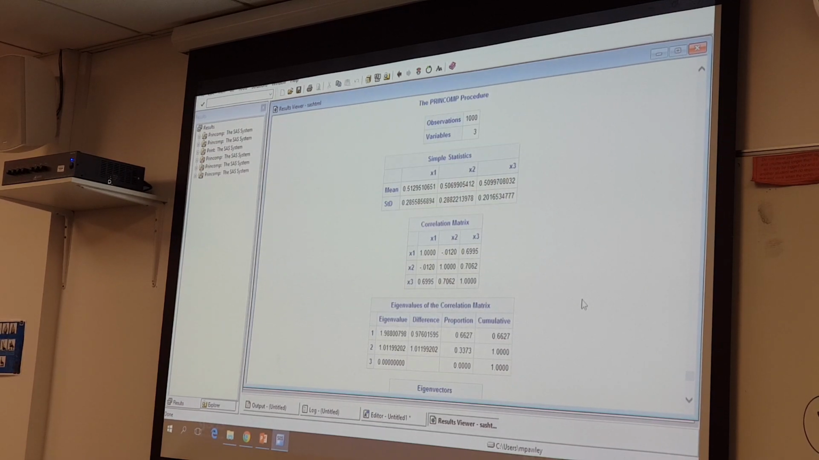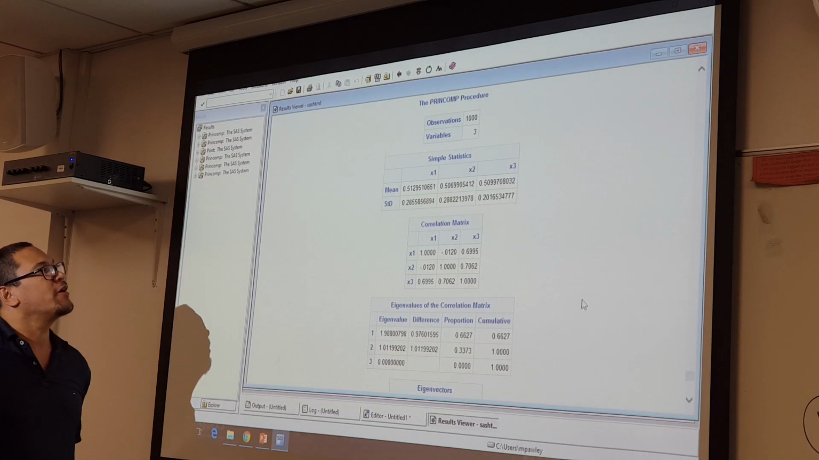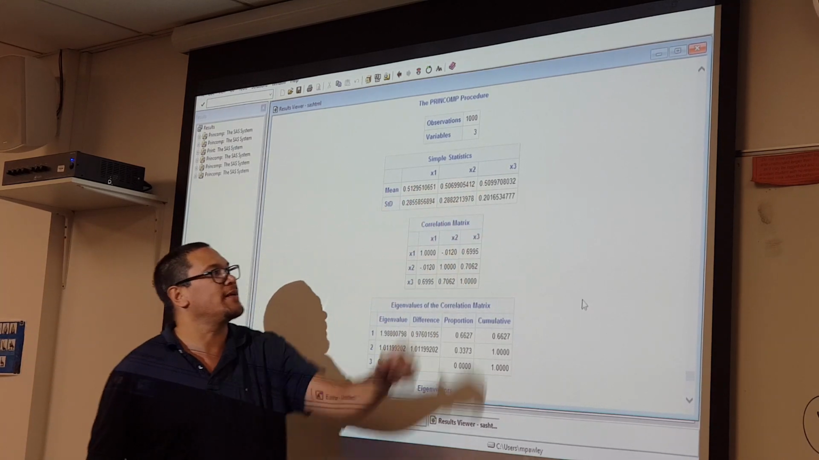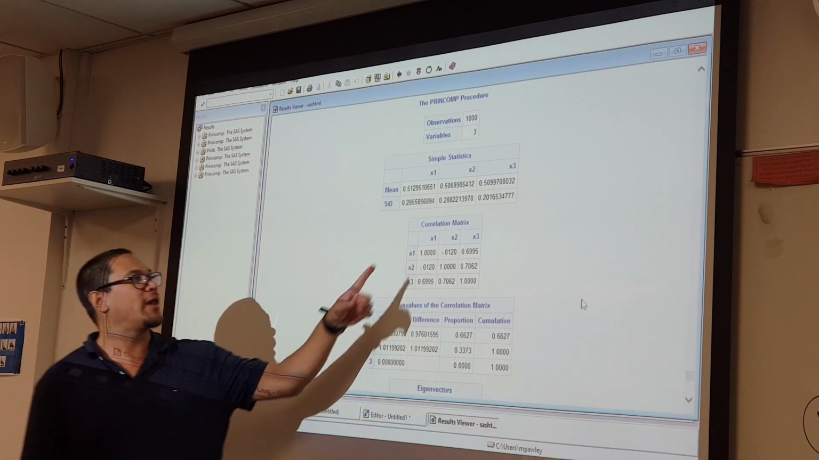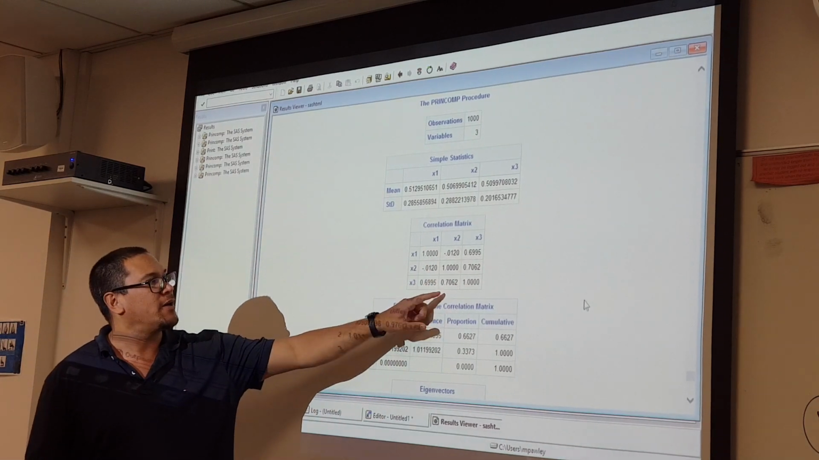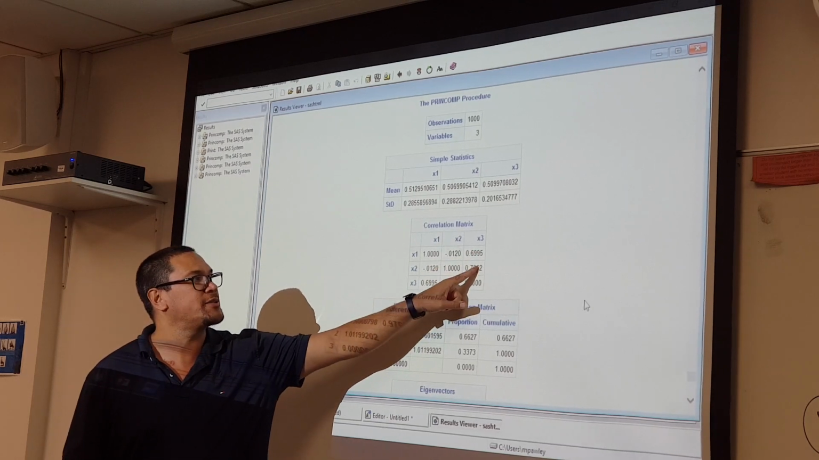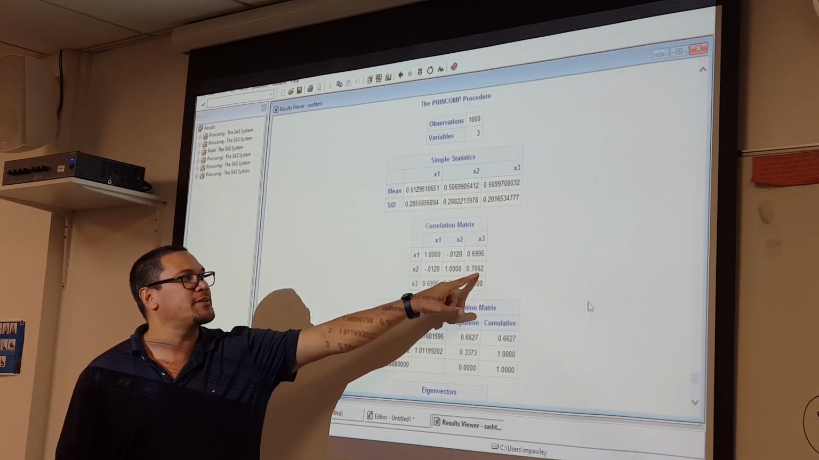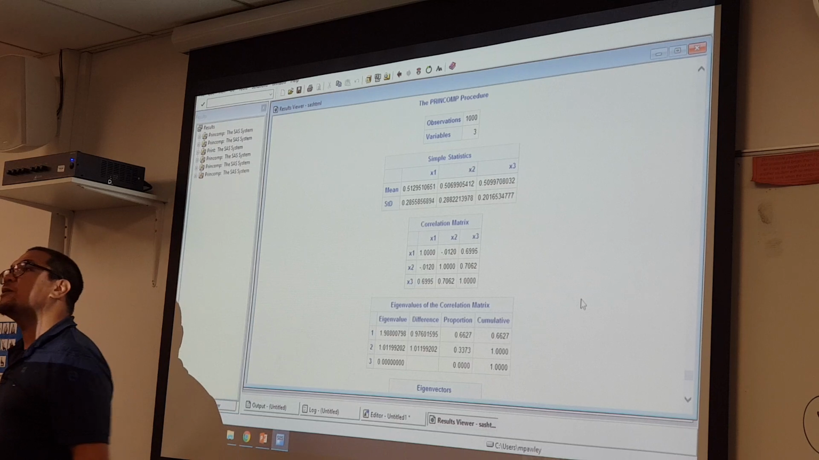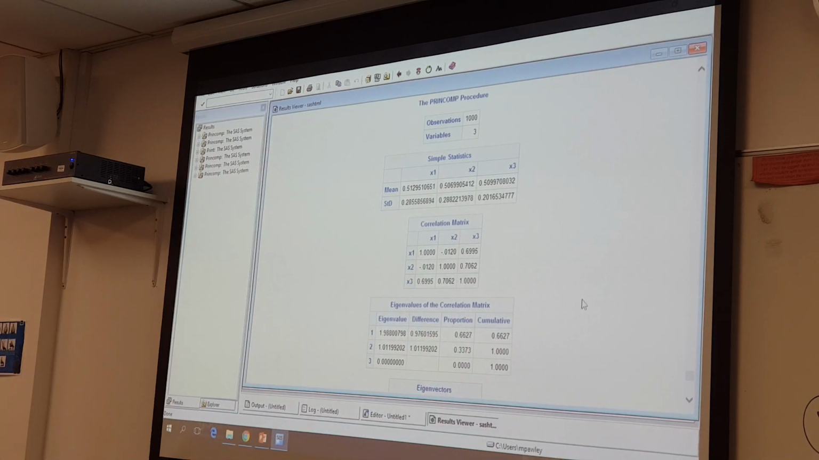Right, so let's talk this through. I've got three variables, x1, x2, x3, right? I can look at the correlation matrix, and look, I can see that there are some heavy correlations going on here, 0.6995 and 0.706. And that is because, in fact, x3 is being created to be a perfect linear combination